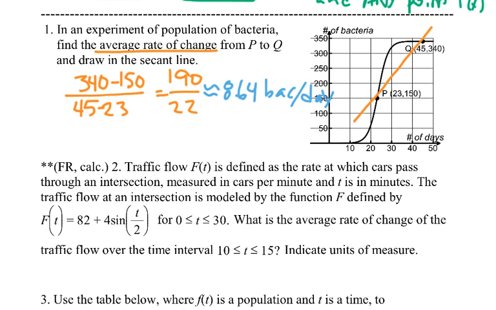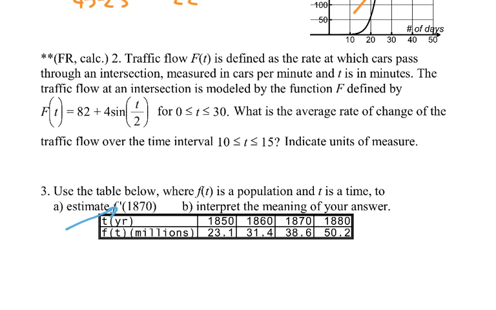So the average rate of change of bacteria is that there are going to be a new 8.64 bacteria per day in that time interval from the 23rd day to the 45th day. So that's an average rate of change. Number 2,